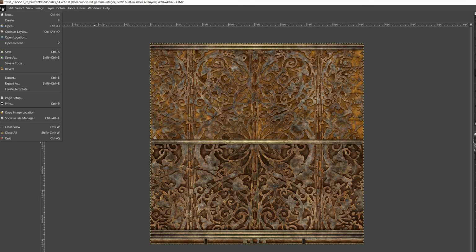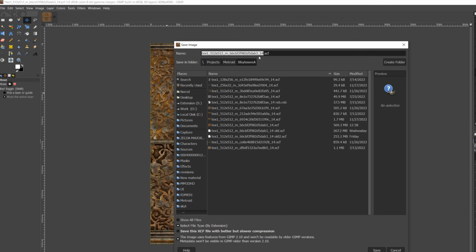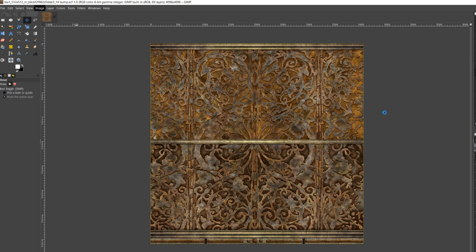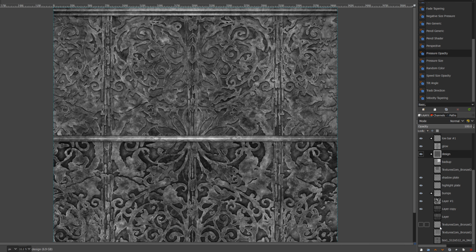It's finally time to start on the height map. I do not want to accidentally overwrite the main file, so I'll save a copy of the project with the word bump added before the extension to keep them separate. The first step is to convert to grayscale and start removing the layers that obviously don't belong, like ambient occlusion